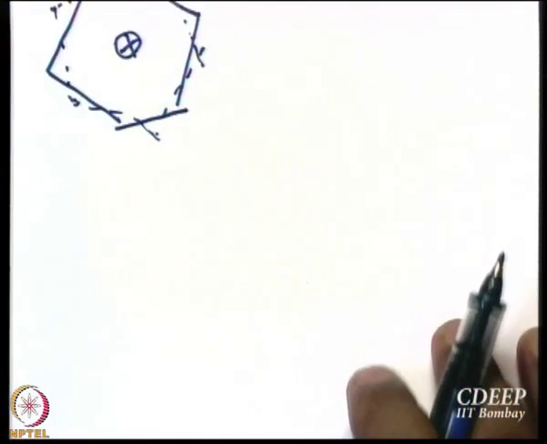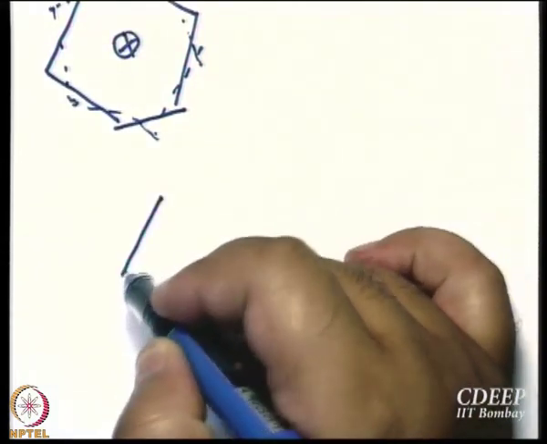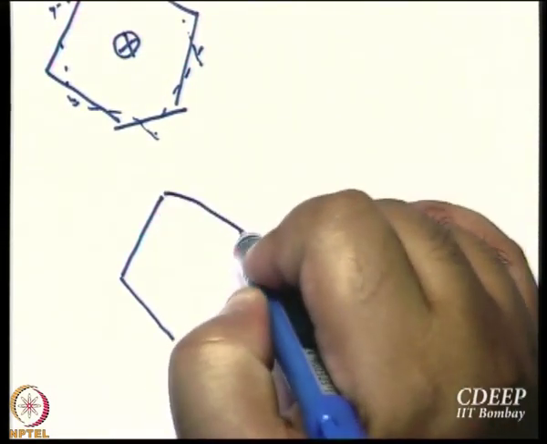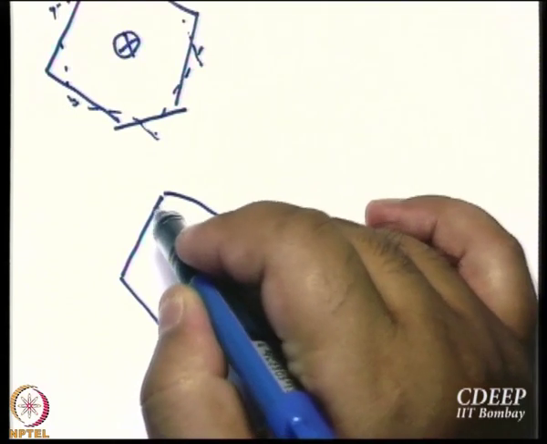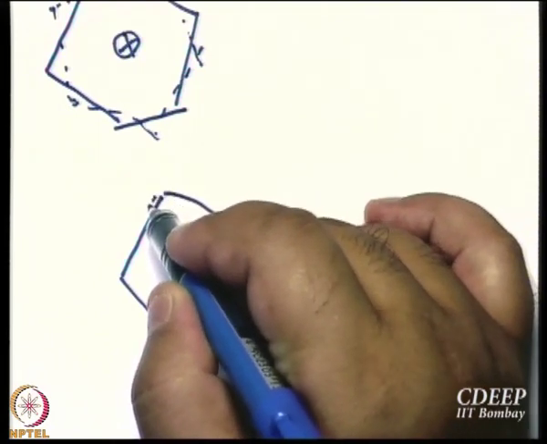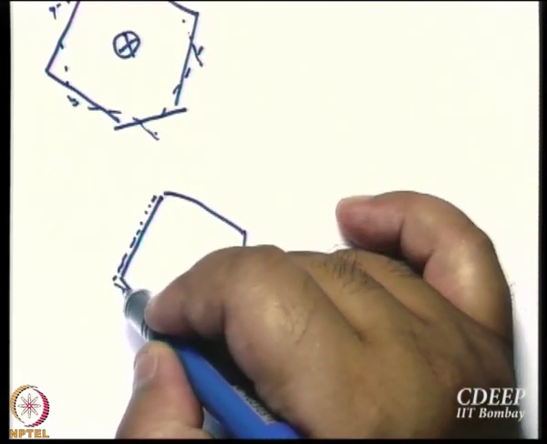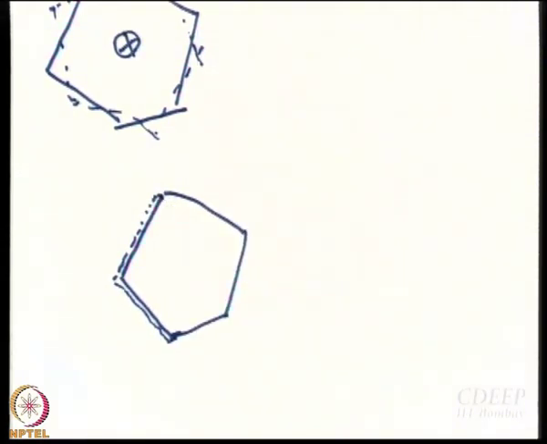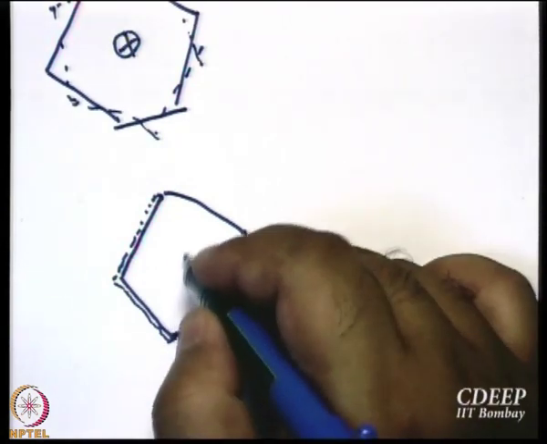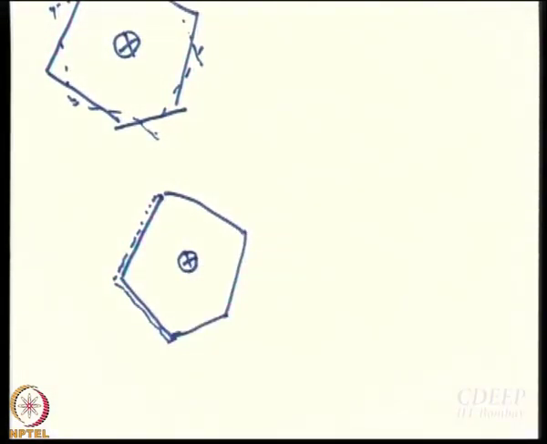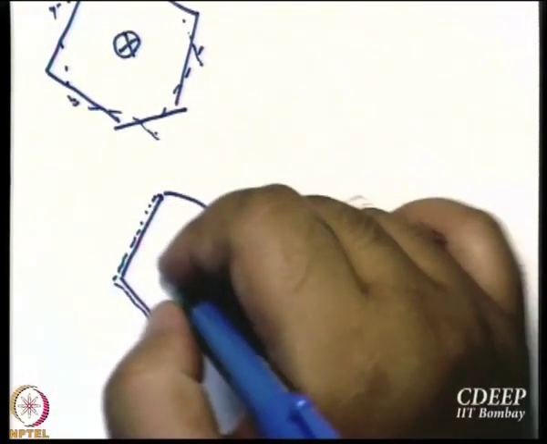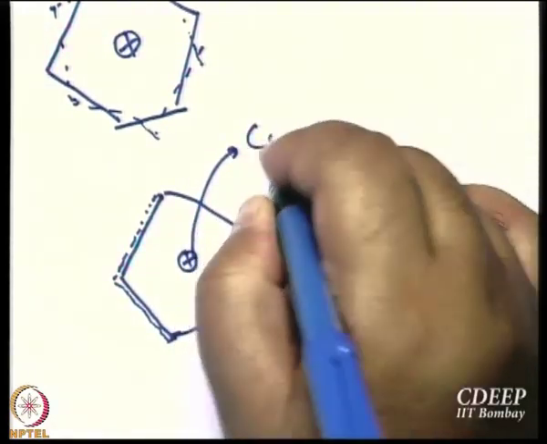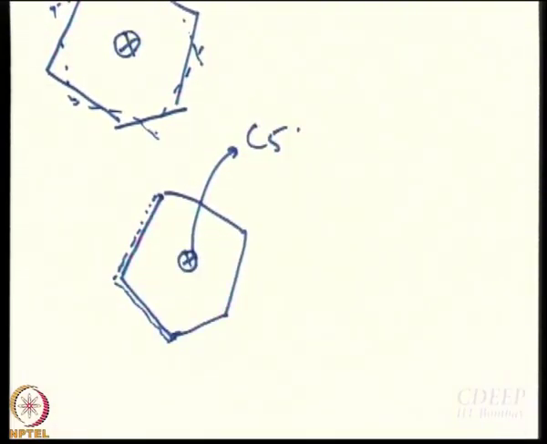Let us take the simpler case of ruthenocene. Ruthenocene is very simple. In ruthenocene, you have eclipsed 5-membered rings. I just draw these two sides, you can figure out, right? They are on top of each other. Now see, what do you have? You have C5, right? Do you have any other axis?